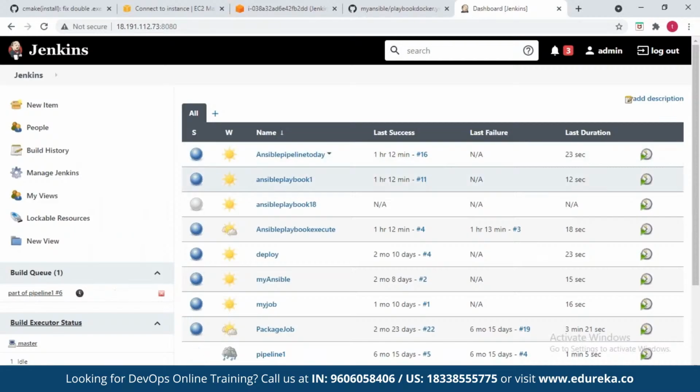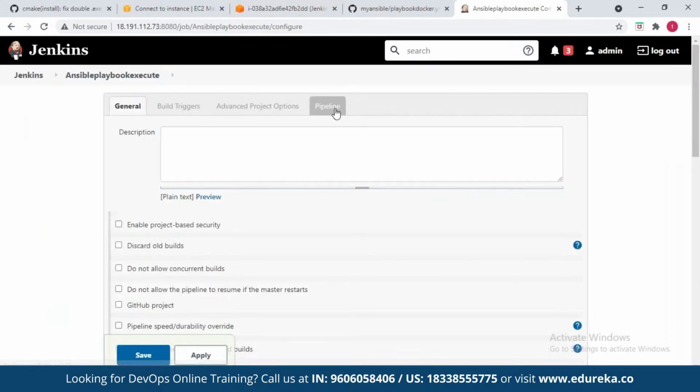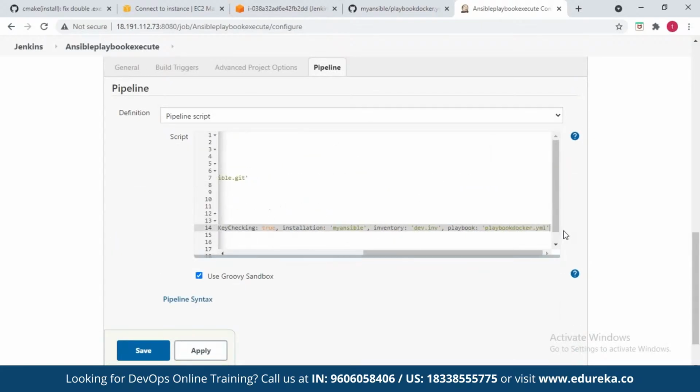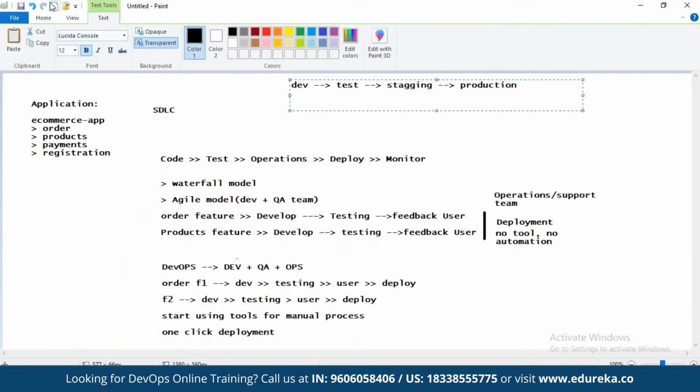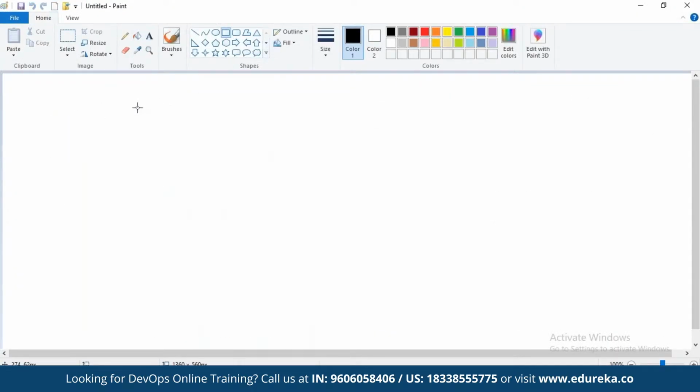I have written a pipeline code here, friends. I have written a pipeline code here, which is going to pick up your code. Okay, it is first going to pick up your repository from Git. It is going to clone the repository, and then it is going to run that playbook for you, Ansible playbook. So in my Jenkins, friends, what have I done in my Jenkins? This is what I'm doing, friends, just to show you. I am integrating Git. Okay, let me use this for faster access. I'm integrating Git with Maven,